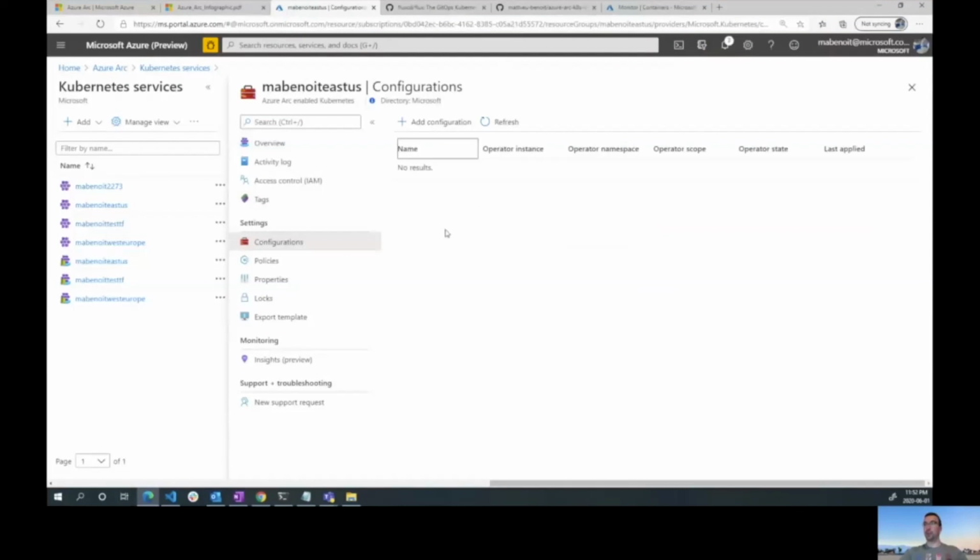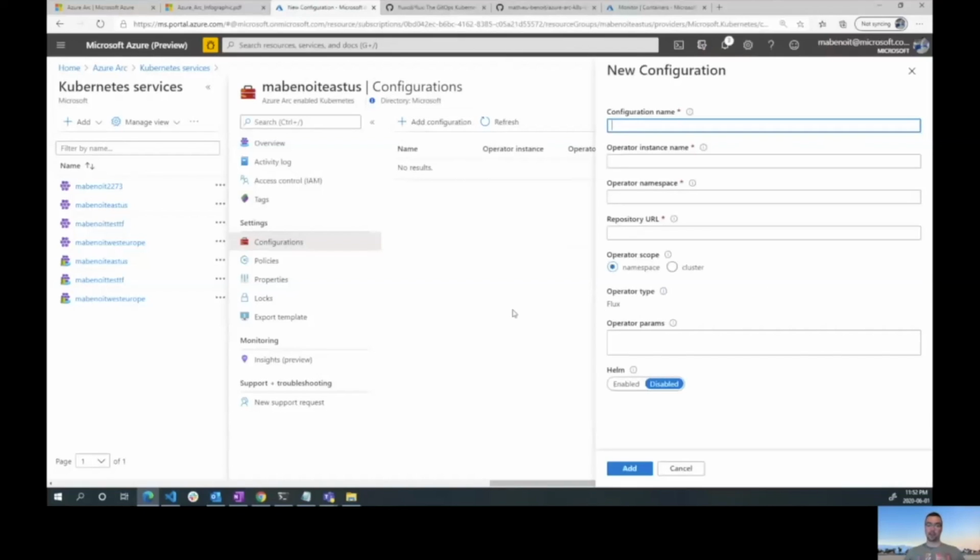Now what I would like to talk about is configuration. Configuration is very much about how I could deploy with GitOps. GitOps is a process to deploy Kubernetes resources. Here we are leveraging within Azure Arc Flux CD, which is a very well-known tool for the GitOps process. And here I could simply give some names, and a Git URL, which could be a private or public repository. I could provide this URL and some parameters to deploy this configuration within my Kubernetes cluster, to be able to pull such deployment and leverage the GitOps